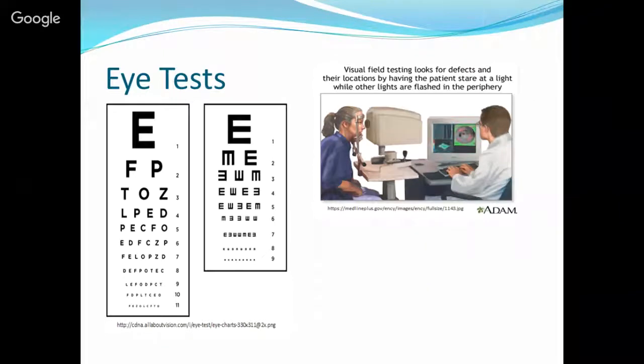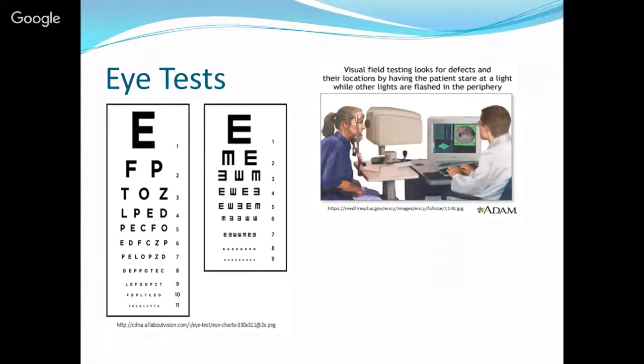So everyone's probably seen these. This is called the visual acuity test, and it's where you're at a certain distance and the eye doctor asks you, okay, what can you see? And it's graded on how far you are away from it and how far down you can get. The highest score is 6 out of 6. And that's probably what you want to aim for, but I can't make it, so.